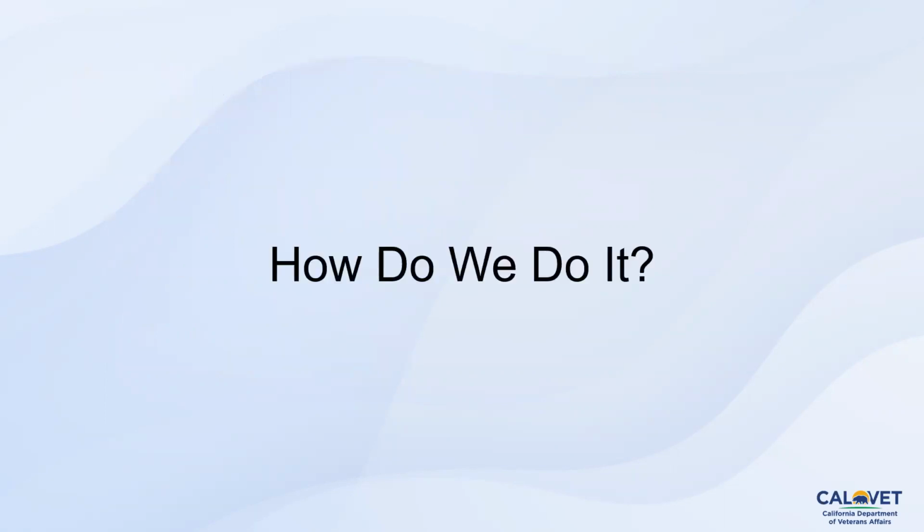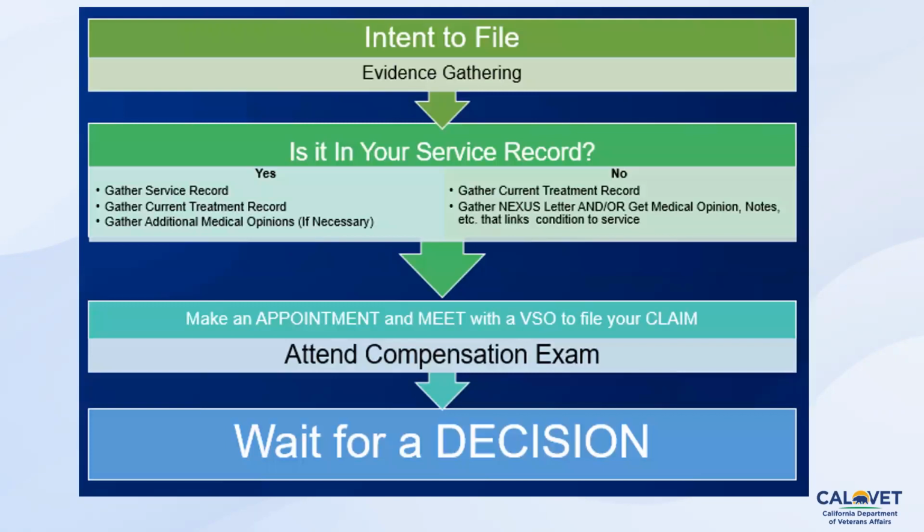So how do we do it? First thing that we're going to do is have that conversation with you. We're going to see what type of program you might be interested in. So let's say it's service-connected disability. Well, first thing you do is determine whether you're doing a new claim or appealing an existing claim. If you're doing a new claim, we'll actually file an intent. What that intent means is we're notifying the VA that we intend to file a disability claim. We're not going to tell them specifically what it's for at this time. We just let them know that we intend to file a disability claim.